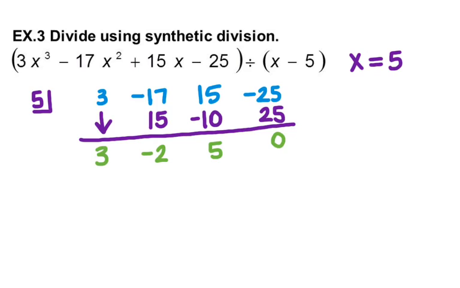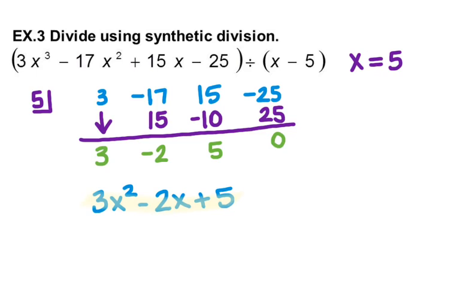Okay, with all the other polynomials that we've divided, our answer was always one less exponent than what we started with. Same thing with this problem. We're dividing x cubed by x, so our answer is going to start with an x squared. So we plug in the variables. So 3x squared minus 2x plus 5 is the solution when we divide this polynomial by x minus 5,